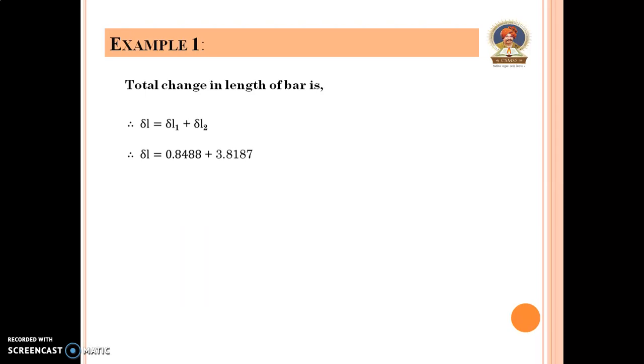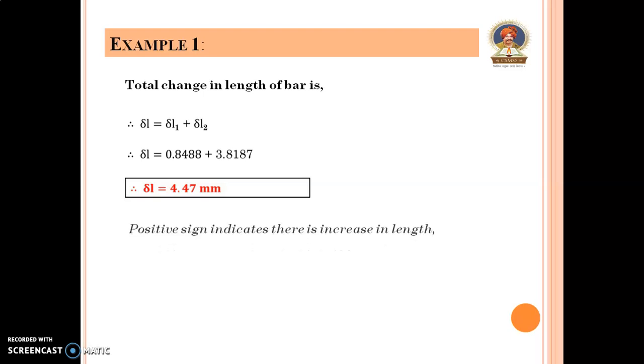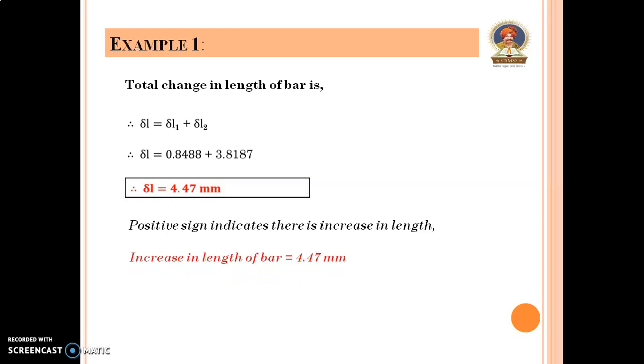So the answer is delta L is equal to 4.47 mm. Here the positive sign indicates there is an increase in length of the bar. Therefore the increase in length of the bar is equal to